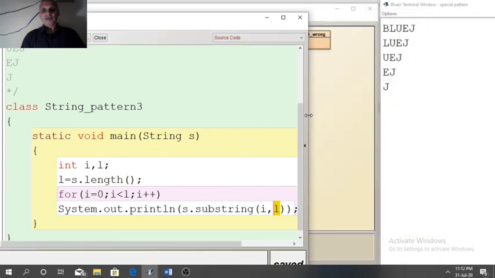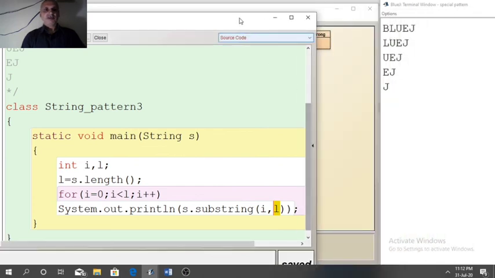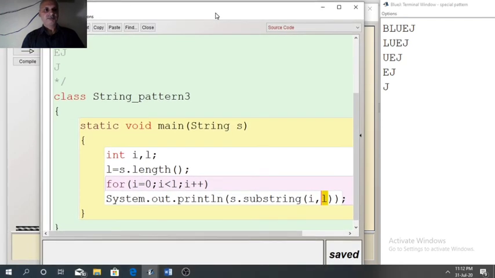You can verify yourself with the result and the code. L will be 5 here when the input is BlueJ, because there are a total of 5 characters here.